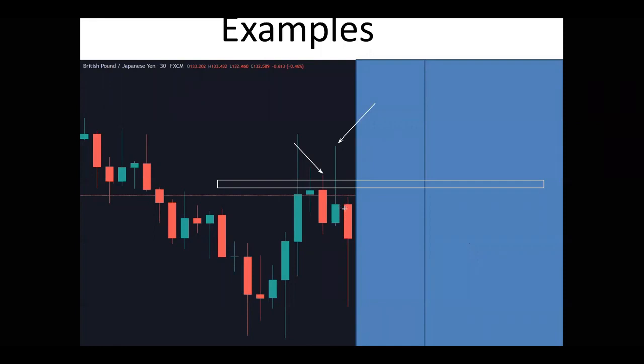So let's say we had a candle going bearish like this, bearish candle, another bearish candle, and then candles going bullish like this, bullish, bullish, and then candles going bearish like this. This is the first bearish candle. You look around and say, perfect, this is my opportunity to take a sell. As you take a sell, the next candle forms. It comes down, then wicks all the way up and stops you out, and then it starts to go down, right? So now, when this candle is starting to go down,